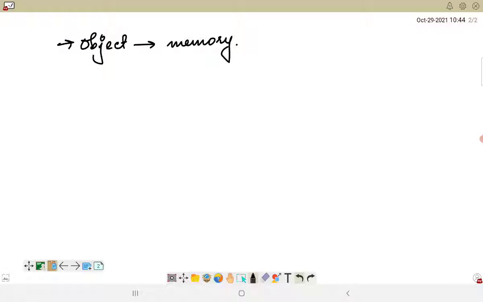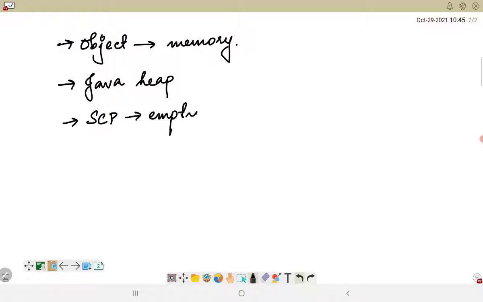So basically string constant pool is nothing but a storage area in Java heap, where the different string literals are stored. It is also known as string intern pool or string constant pool. Now, just like in other object allocation, by default, this string constant pool is basically empty.